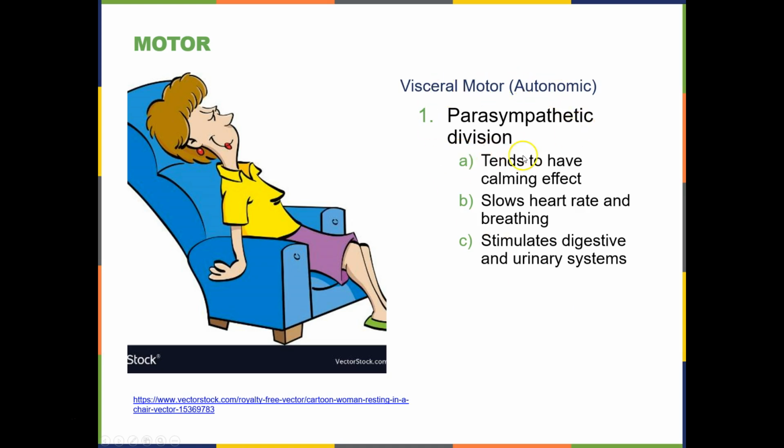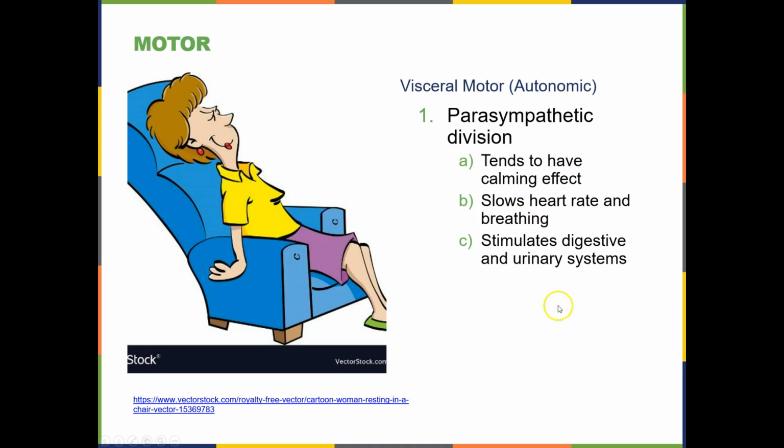The parasympathetic division then is our relaxed or calm system. So this is the rest and relaxation. This is our normal digestion system so that our organs can metabolize normally. Digestion occurs. We can process urine properly. We can do all the things that we have to do to get rid of toxins and to make sure that we have all the nutrients we need in our body. So we need the sympathetic to keep us from danger and the parasympathetic to allow our organs to go back to